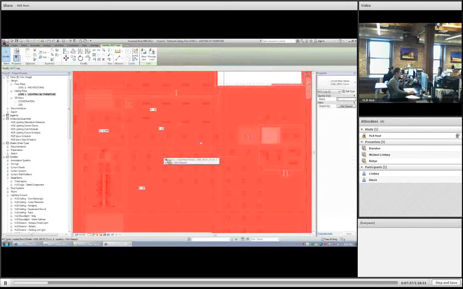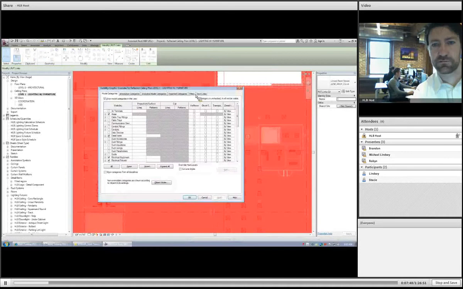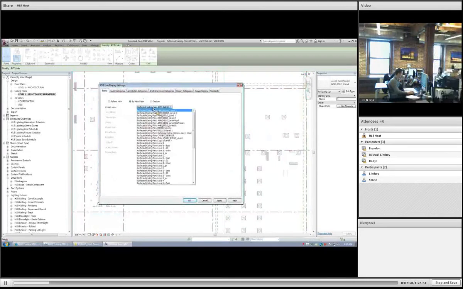So you don't have to worry about setting your cut planes or anything like that. Go to the Revit link. Yep, exactly. And change it from by host view to by linked view. And at that same time, in this drop-down menu, you have to select a reference plan that you want to use as your reference point. In this case, let's go down and see if we can see a reflected ceiling plan,